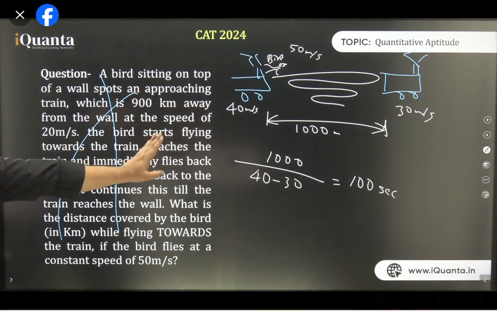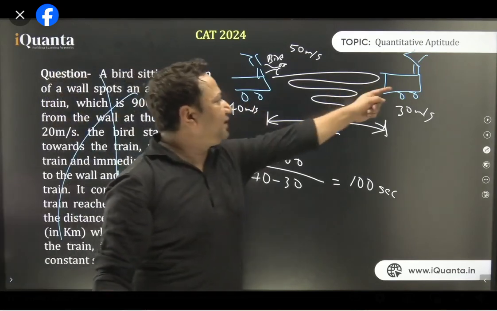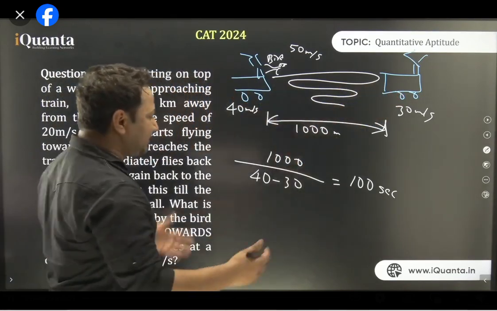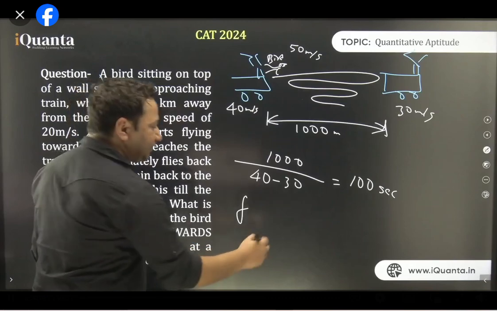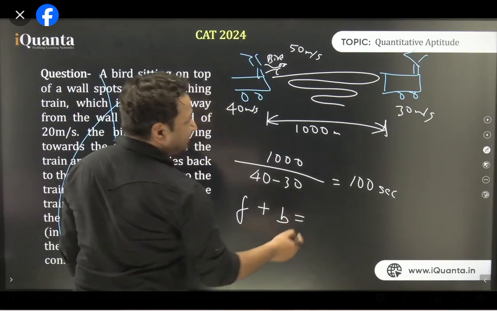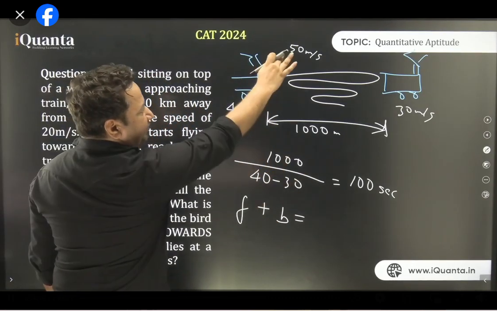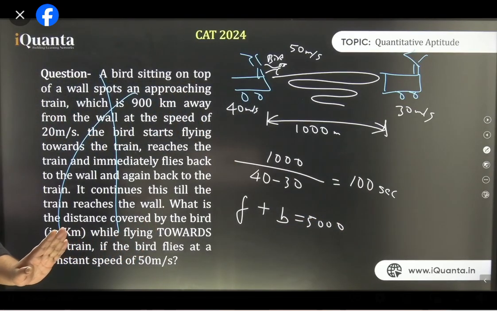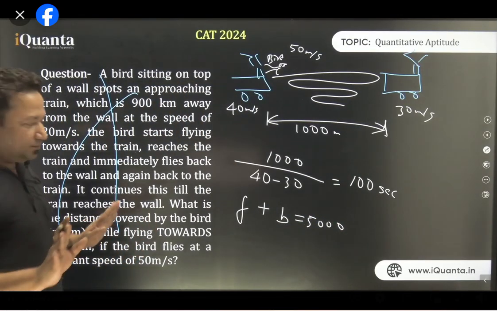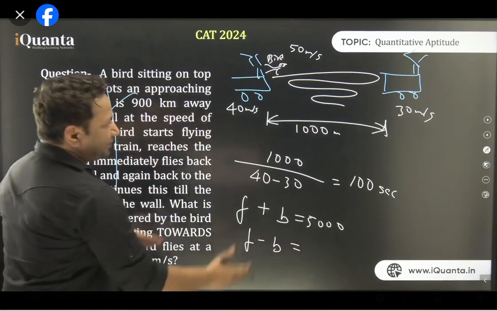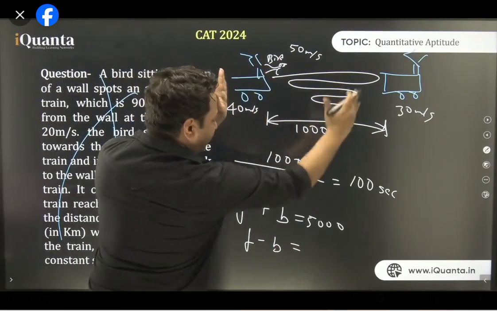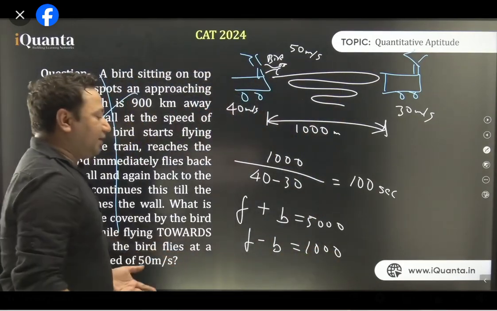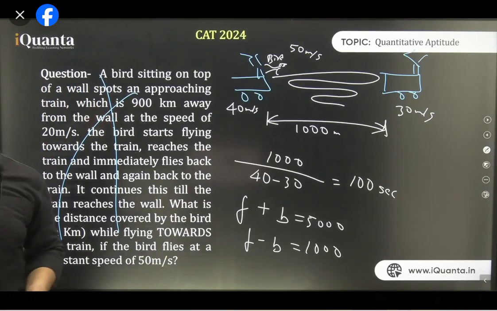Right? So this is the total distance traveled by the bird. In the forward direction, plus backward, forward, backward, forward, backward. So can I say, if all the forward directions are F and all the backwards are B, then F plus B becomes the total distance. That is, distance traveled by the bird in totality. 50 की स्पीड से 100 सेकंड चलेगी तो 5000 चलेगी ना? Is it clear now, all of you? And F minus B is the displacement. That overall, the displacement of the bird is 1000 because it was 1000 meters away. Now we can solve it and get the answer. So forward is 3000 and backward is 2000.